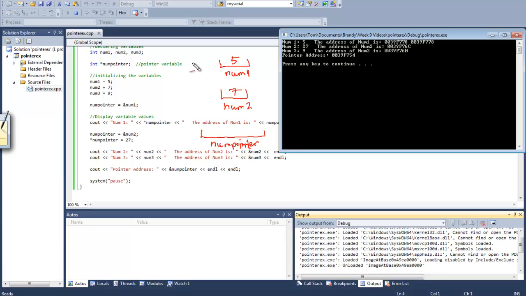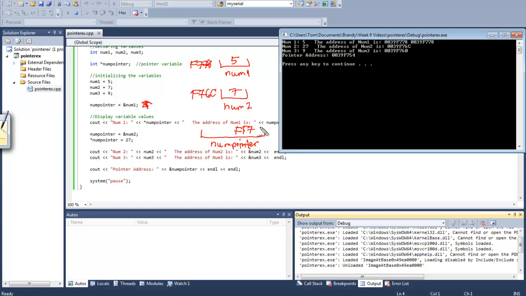Okay, so this address, they all start with 0039, so I'm just going to write the last 4 digits of this address. So this address is F778. Okay, but you know it really has 0039 in front. And this one is F76C. So at this line here, we set num pointer to contain the address